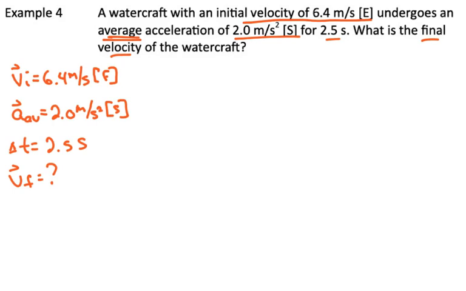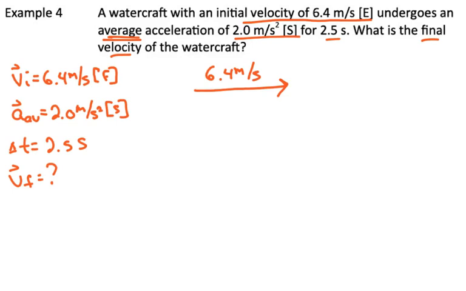What makes this different is that we cannot just flip the sign of one of the directions to make them match up. If we flip VI to negative, we would get west. If we flipped average acceleration, we would get north, and we get nothing matching. So we need to deal with this in terms of a triangle. What we know is that the watercraft, its VI is to the east, which would mean it is going this way,